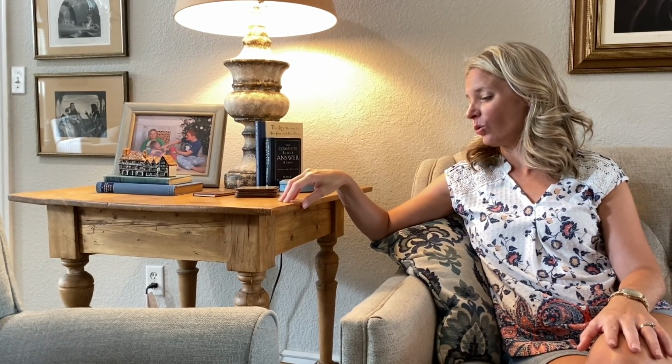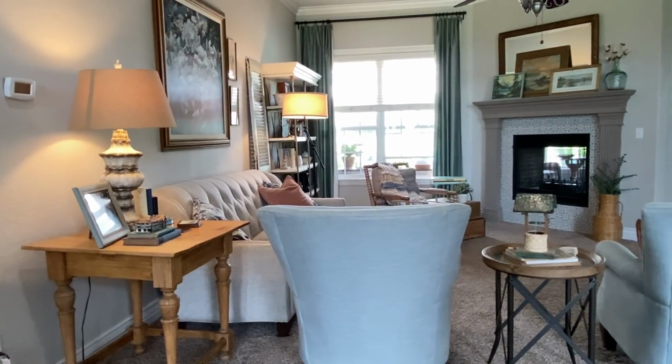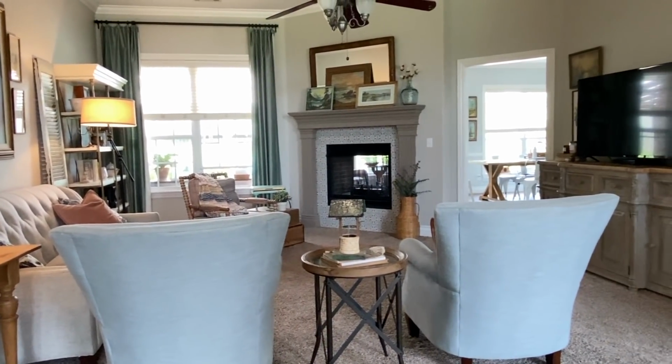All right, so the story on this piece here is that it's a Hungarian pine old side table. And we found it in Eureka Springs, Arkansas when we moved here about 3 years ago. So when we moved to this house, I took the opportunity to change out a lot of our decor. Like, we were literally throwing furniture in the trash as we were moving because it was so worn out. It was falling apart. And so we purchased some new upholstered furniture, and I needed a table to tuck here